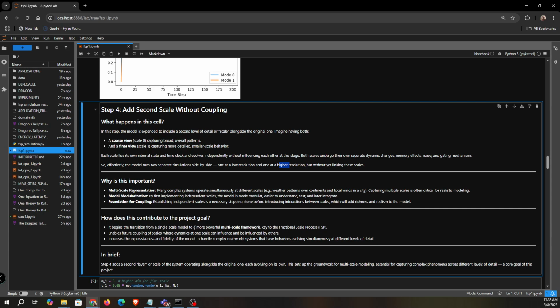This enables the future coupling of scales where dynamics at one scale can influence and be influenced by other dynamics. So this increases the expressiveness and the fidelity of the model to handle complex real-world systems that have behaviors that evolve simultaneously at different levels of detail. So in brief, step 4 adds a second layer or a second scale of the system operating alongside the original one, each evolving on its own. This sets up the groundwork for multi-scale modeling, essential for capturing complex phenomena over different levels of detail. A core goal